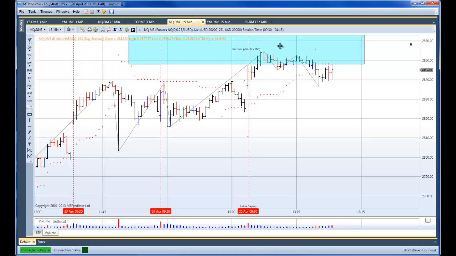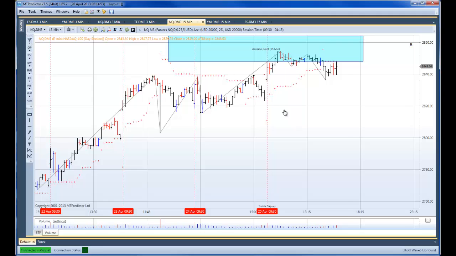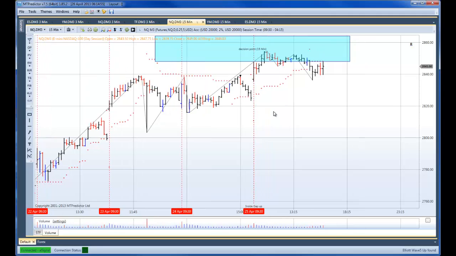So in other words, with the larger degree chart at a larger degree resistance area, in other words our decision point resistance, the more experienced MTPredictor traders can then assume that the trend is actually down. Now if it's down, a great trade setup I like to look at is what I call our holy grail trade setup. And this is where the market makes an initial move off the high, which is into here,